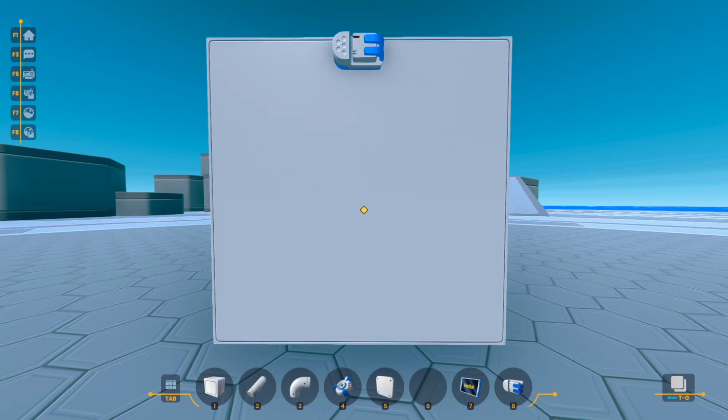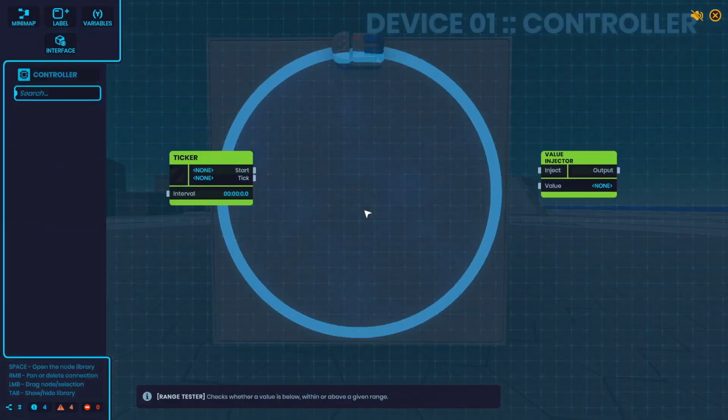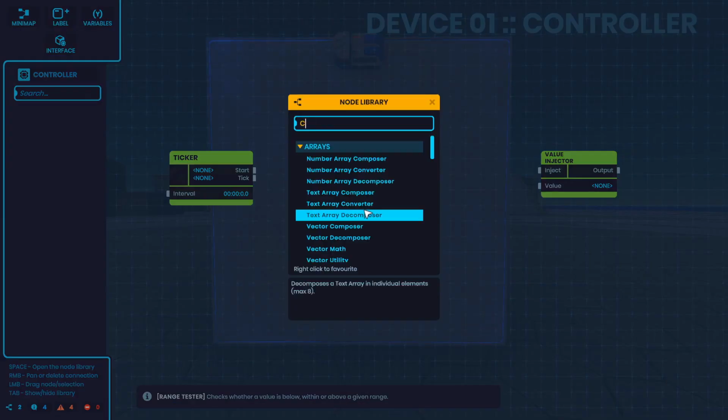In this video, I'll be looking at three nodes: the comparator, the number comparator, and the range tester. First off, the comparator node